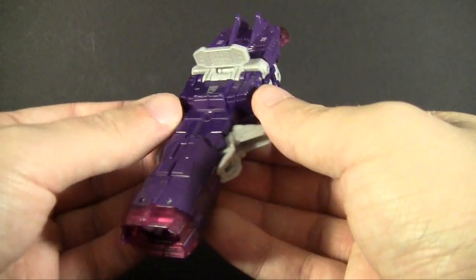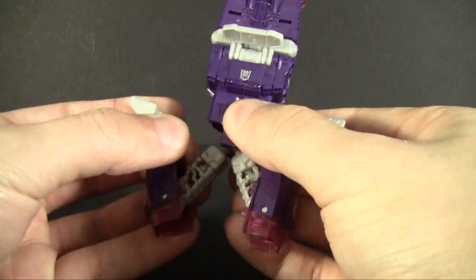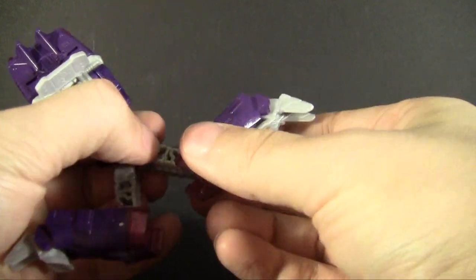So let's go ahead and get him into robot mode, and we'll see if there's a little bit more to talk about there. I'm going to open up the barrel, which is going to form his legs. And an interesting little thing,